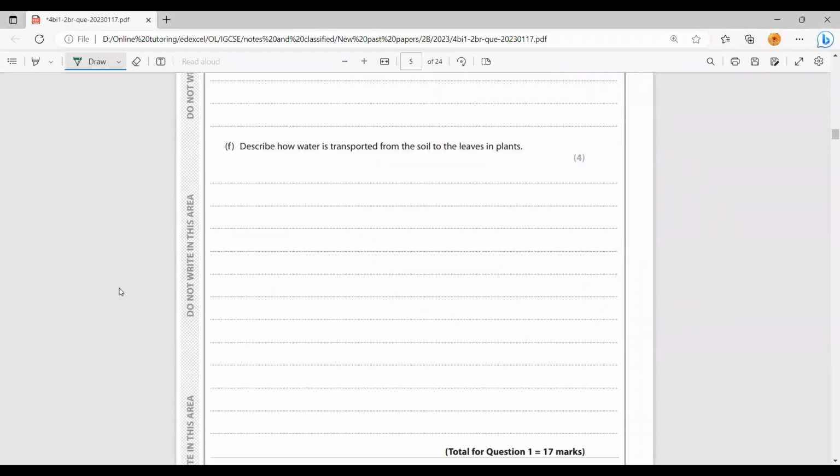طيب, describe how water is transported from the soil to the leaves in plants يا منى. And I want complete answer please, لأن الكويستشن ده عليه 4 marks. يبقى you have to mention details هنا بقى. ببتدي من أول السويل لحد ما يوصل الwater to the leaves. Okay, so the soil absorbs water by osmosis. By the process of soil absorbs water by osmosis? The soil is not living. يعمل osmosis ازاي؟